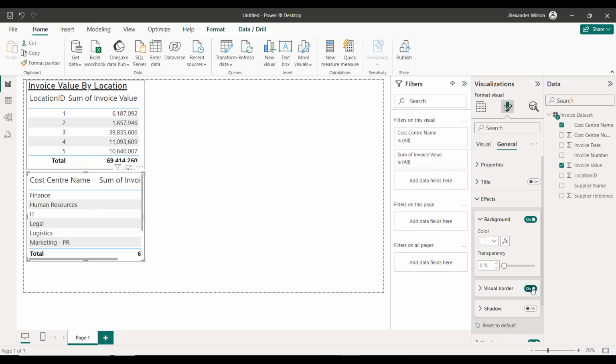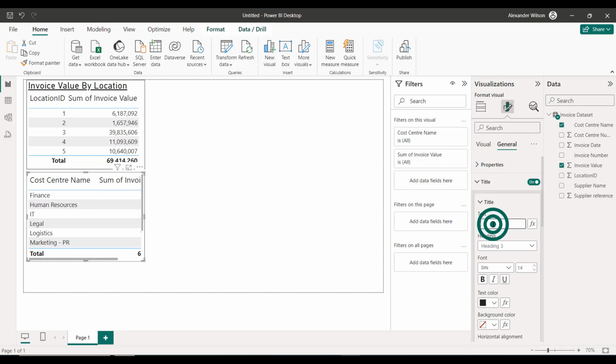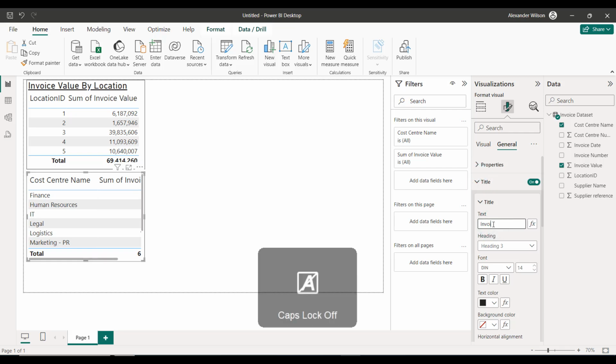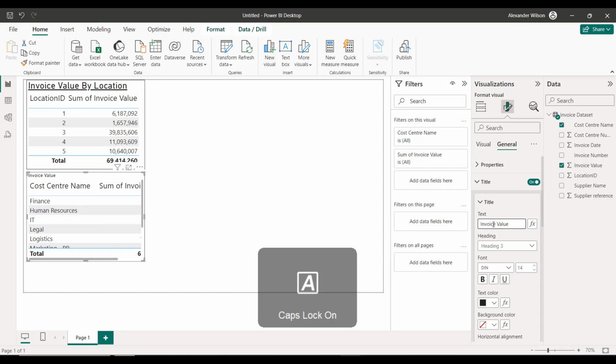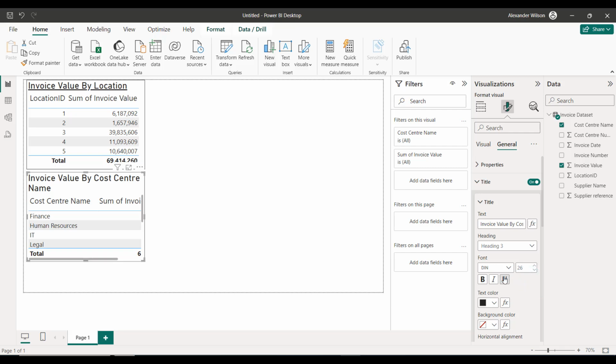We also need a title. We also need to increase the font size of that title and underline it. Okay, there we go. Just need to make it a little bit neater.